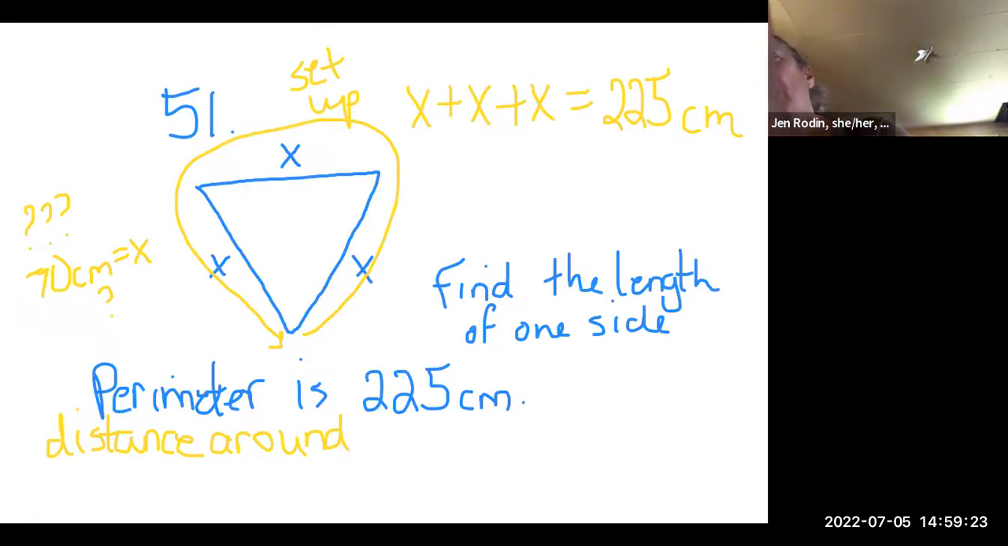Yep, Valerie, you got it. So if I do all the steps, I'll have 3x. Remember, it's not x to the third because they're being added. 3x is my 225 centimeters. And then do my algebra, divide both sides by 3. Keep the centimeters on it. And x equals 75